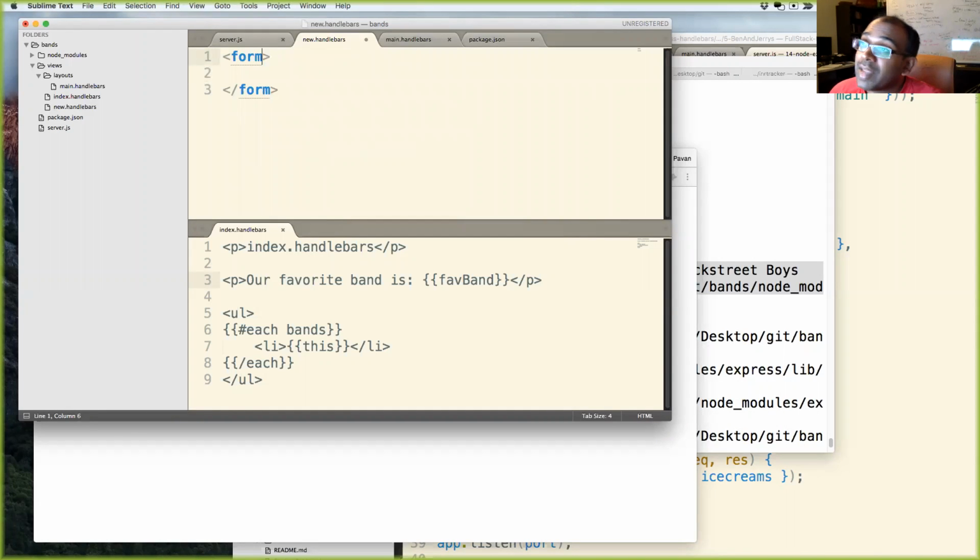And I want to make this a post. Method equals post. Action equals slash, let's call it new band. And let me do input type equals text and name equals band right here.